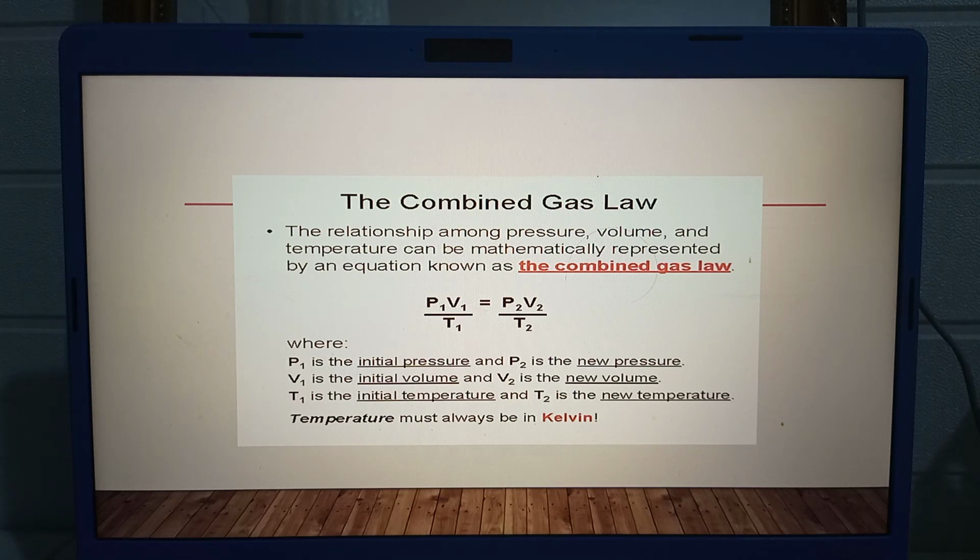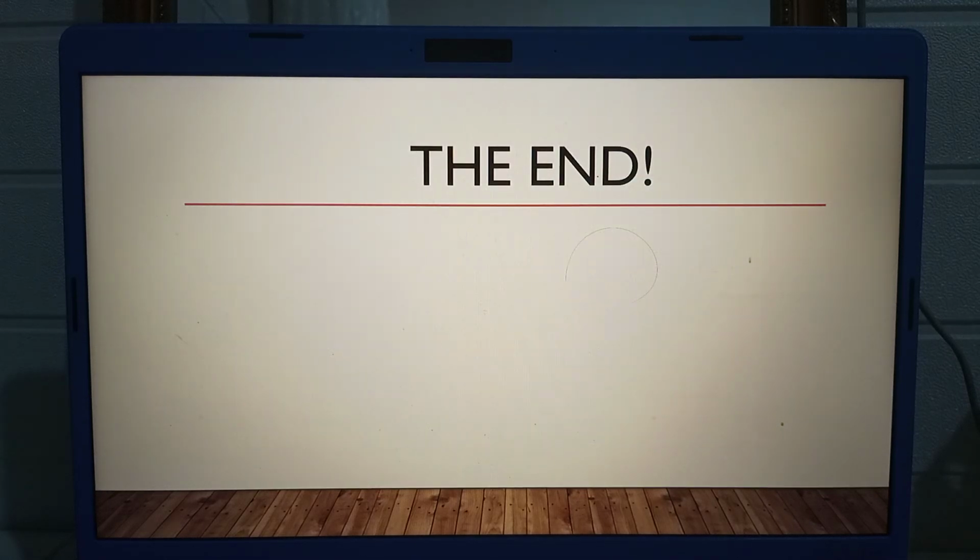where P1 is the initial pressure and P2 is the new pressure. V1 is the initial volume and V2 is the new volume. T1 is the initial temperature and T2 is the new temperature, and temperature must always be in Kelvin. So that is the last topic of our